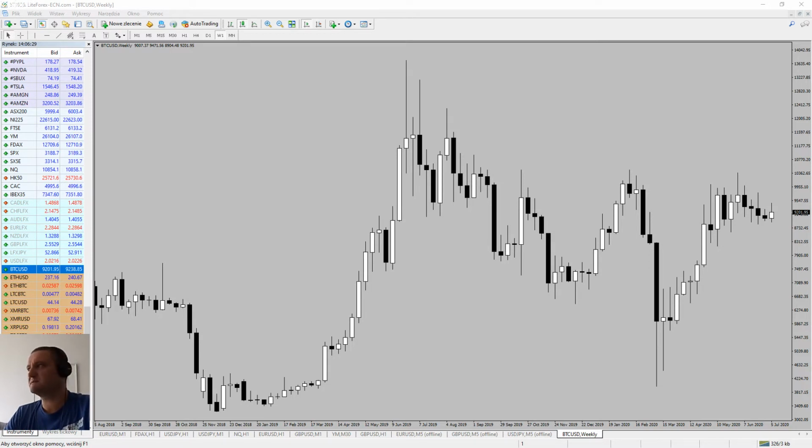From the weekly chart perspective, if we try to make a short summary, of course, we know, as discussed previously, the 10,000 to 10,500 is a huge supply zone based on this huge move to the downside, right? That's no doubt about it. It looks a little bit different when we are talking about the demand, because right here, right now, we are